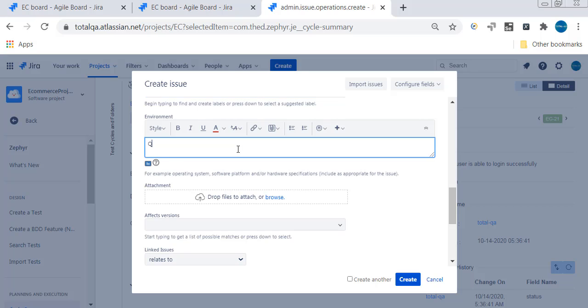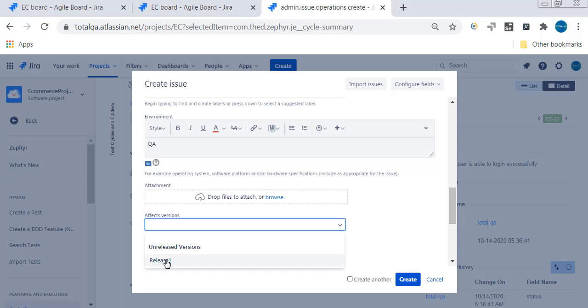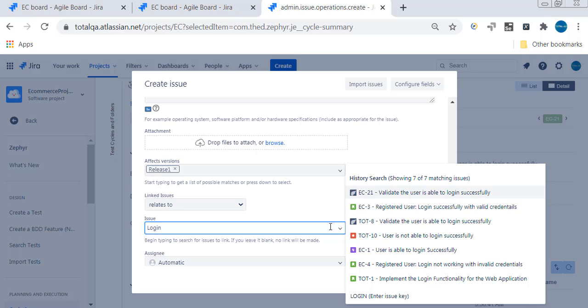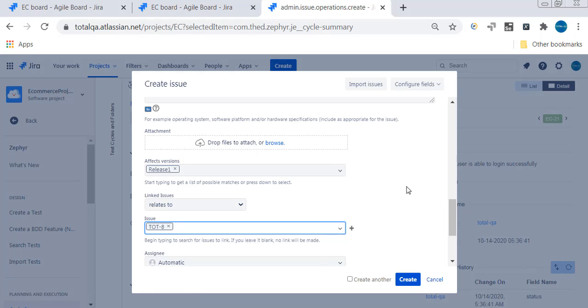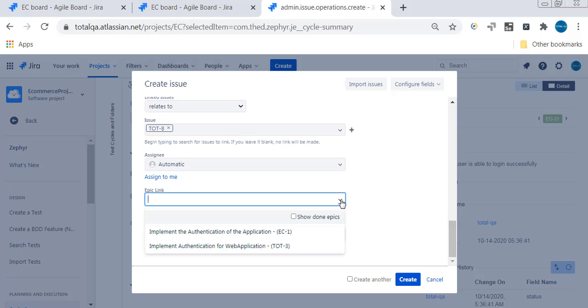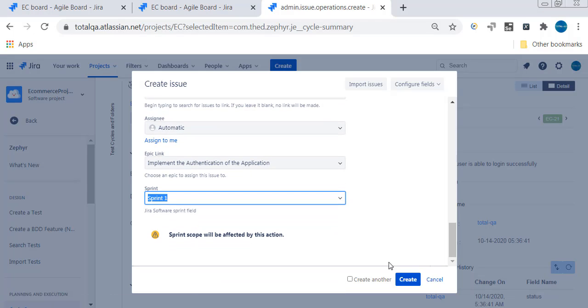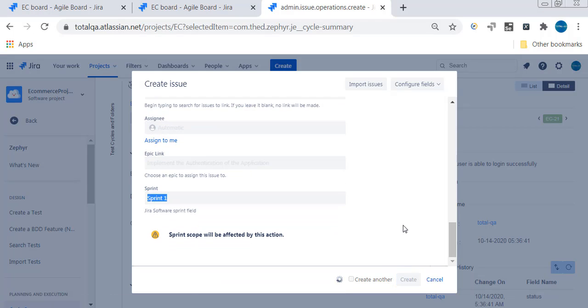You can put the environment as QA. It's important to note which environment we have tested this test case in. Release 1, and which story this defect relates to, or we can even assign it to the test case also. Let's assign it to the test case because this test case is failing because of this defect. We can do one more thing: just say here login. We can associate it to a test case, and you can even associate an epic link. You can associate a sprint, which sprint we tested this test case in. Associate all the information. Click on create,